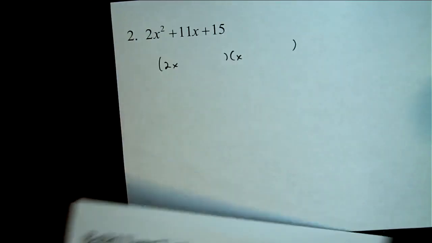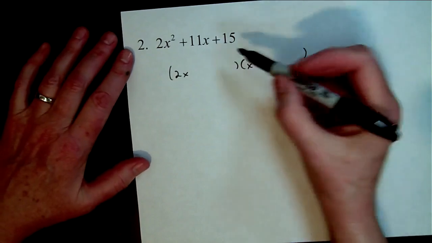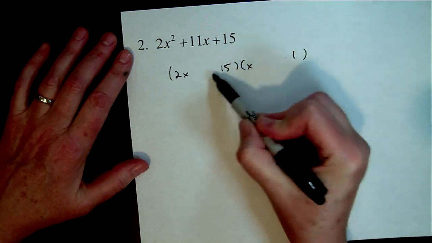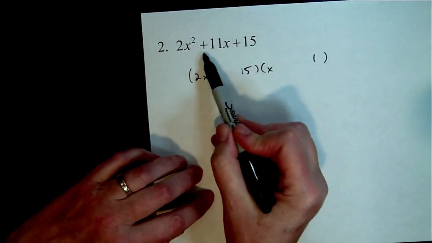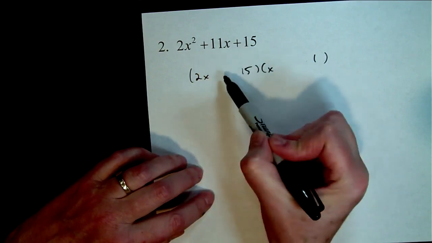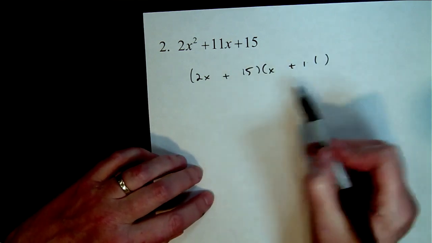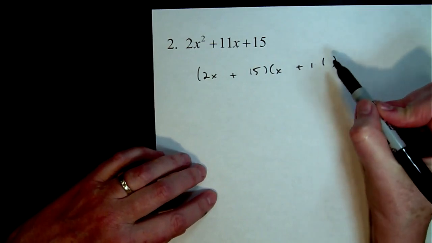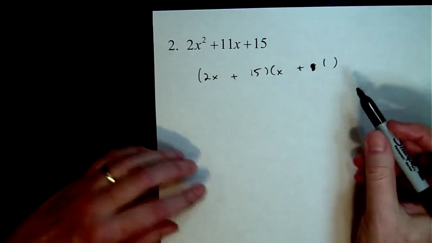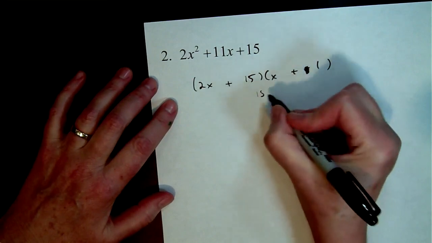This time the constant term is positive, so I'm going to pick these two to have the same sign, but since everything, including the coefficient on the x term, is positive, I know I'm not going to have any minuses in my factorization, so I'm going to make those both plus. And 15 and 1. Okay, so checking the middle term, if I FOIL, the inner terms will give me a 15x,